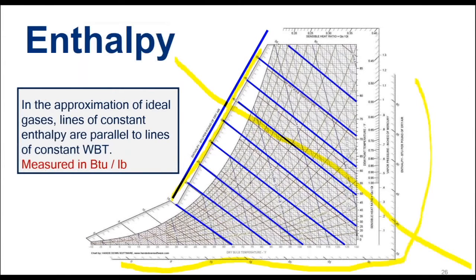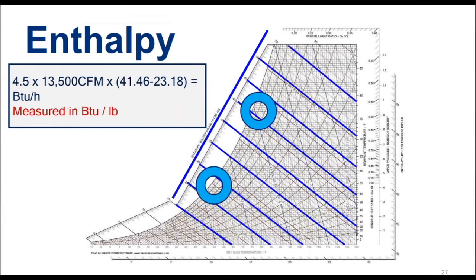Let's take a look at an example of determining an energy amount required. And our example today, we're going to be using 13,500 SCFM. We have abbreviated it CFM, and that's fairly common, that we have a lot of abbreviations when we're discussing these things amongst ourselves. But this is SCFM, standard air, 70 degrees, 50% relative humidity at sea level.